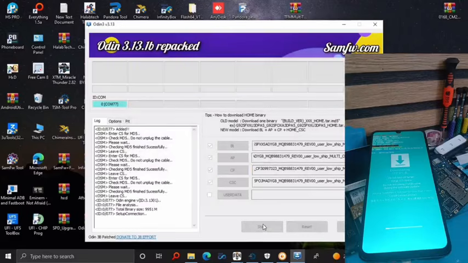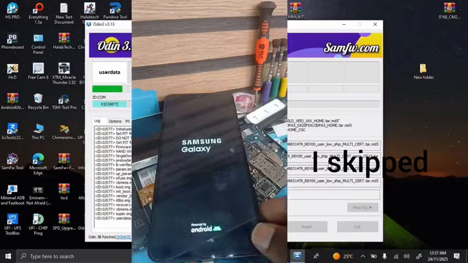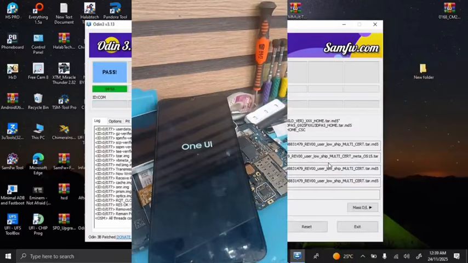And click on start. So this is going to start writing, and I skipped this step so that I don't have to make this video very long. So once the phone starts up,